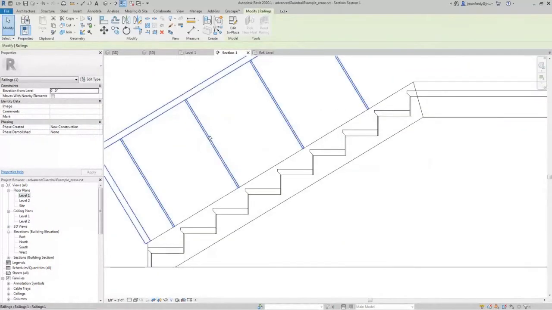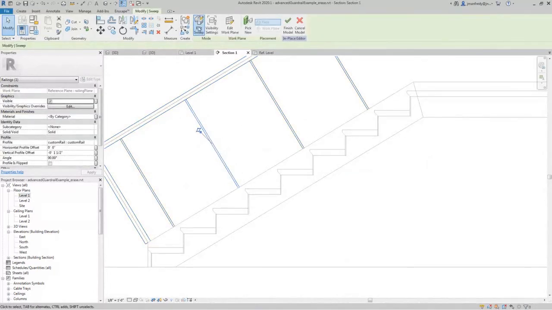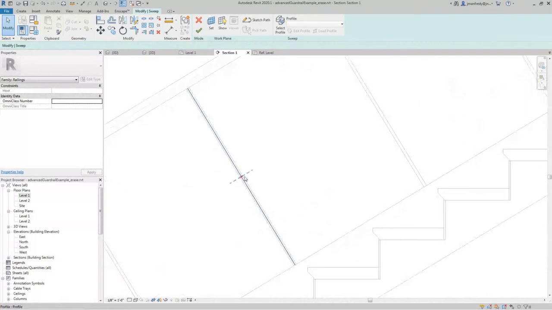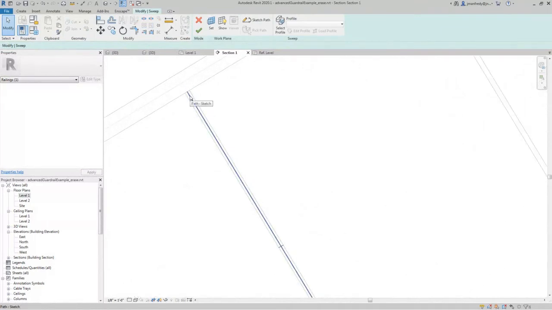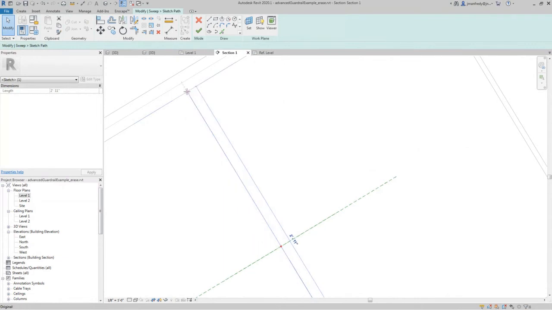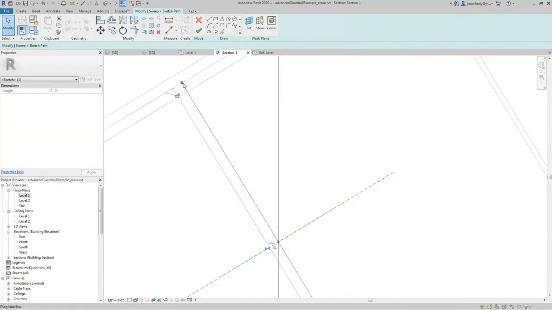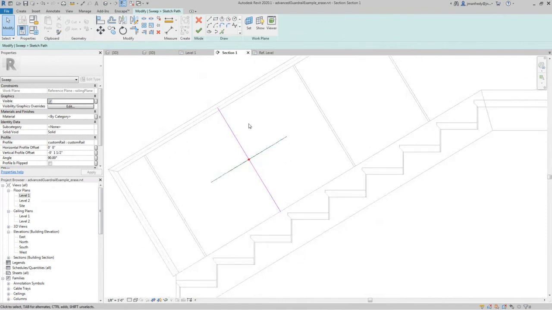So here in elevation, I click on this railing, edit the model in place. Click on these, edit the sweep. Again, the sweep is that profile right there plus this path, that path right there. So if I edit the path, I can pull this and make it longer. I made it go to the center line. So when I do that and I accept it,